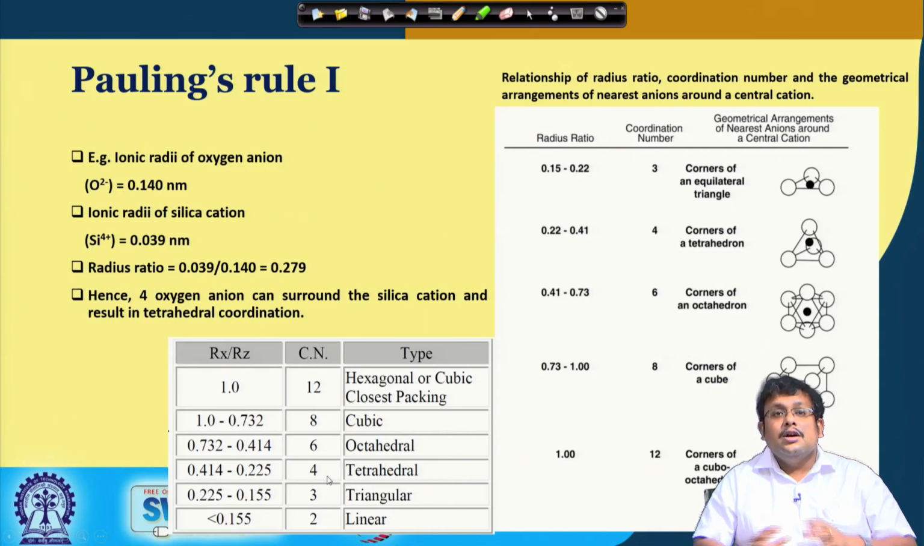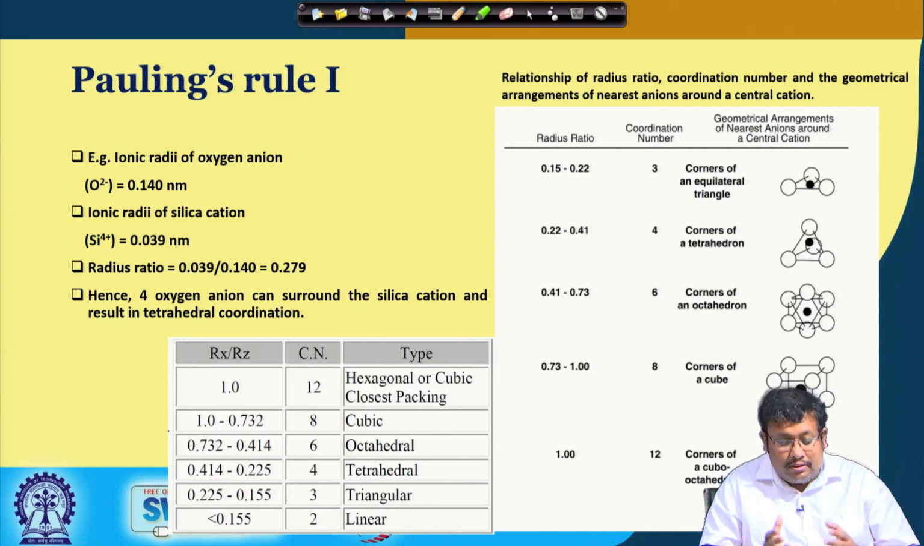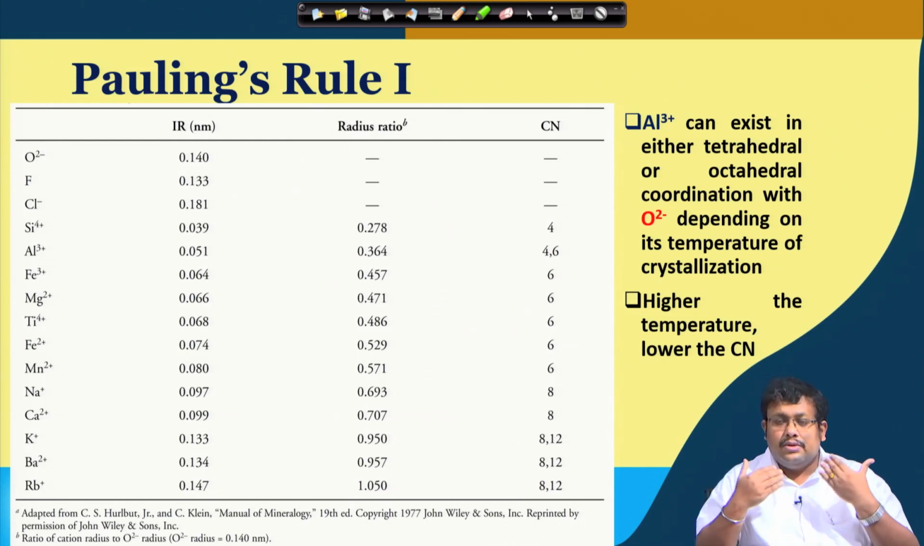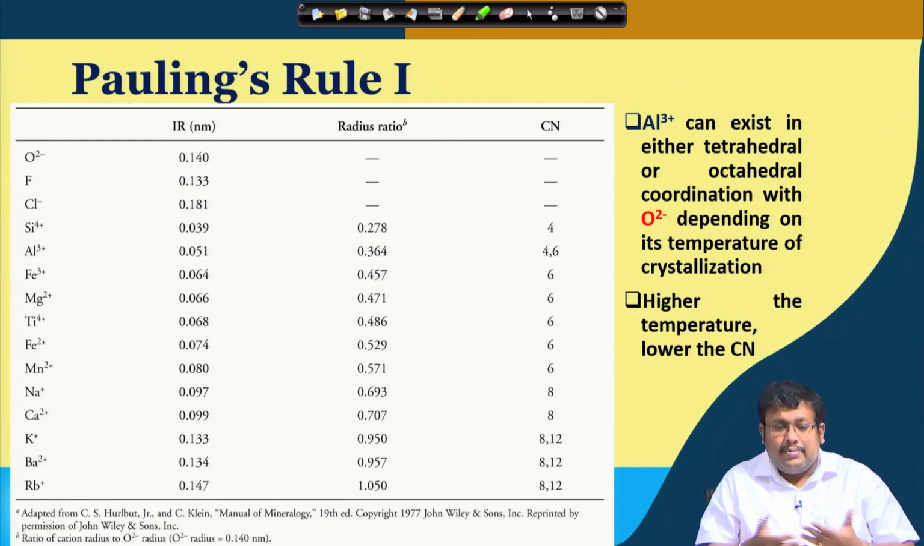So, basically 4 oxygen anions can surround the silica cation and result in a tetrahedral coordination. This is basically the implication of Pauling's rule 1. Also, we can see here different cations and anions and their ionic radii, their radius ratio, and the corresponding coordination number. So, one thing is clear: aluminum, which is Al 3 plus, can exist in either